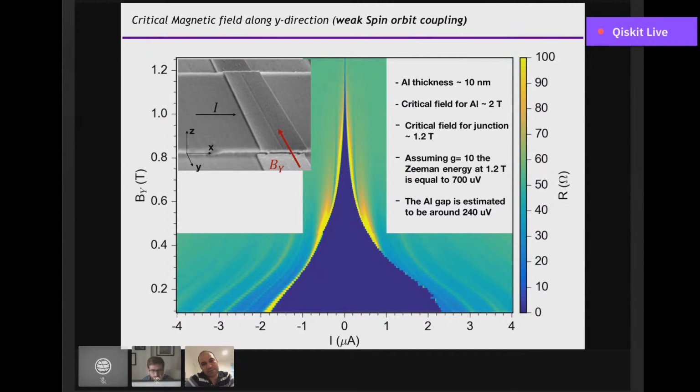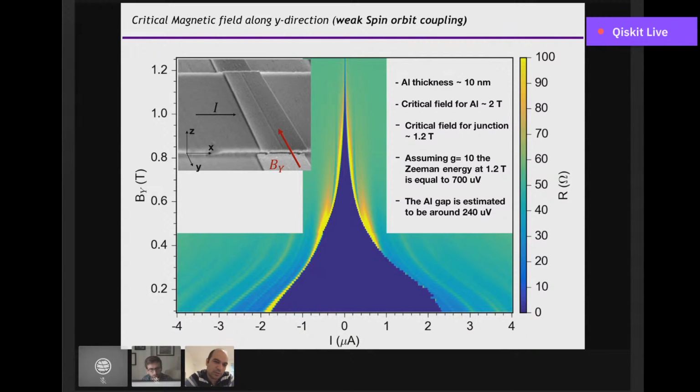So the highlight of the experiments we have done with these Josephson junctions is rather simple, but also very intriguing. This is an SEM image of the device that we have measured. This is in a SQUID geometry, but the other junction is basically depleted for this measurement. We apply By along the long side of the junction. This has epitaxial aluminum. And what you will see is that the supercurrent just disappears monotonically. The reason is that we have a gate voltage on top of this device, and we have tuned it to a very low value, so spin-orbit is not playing a role. And if you remember from my Hamiltonian, spin-orbit plays a great role in stabilizing